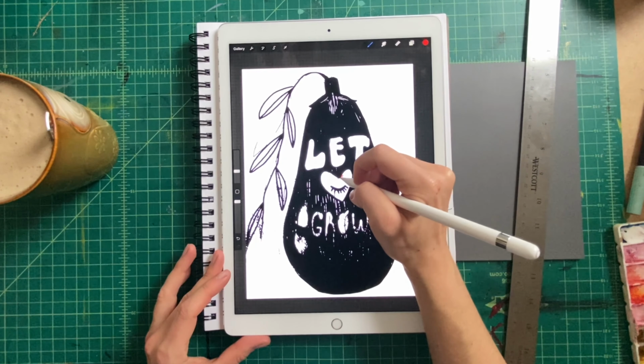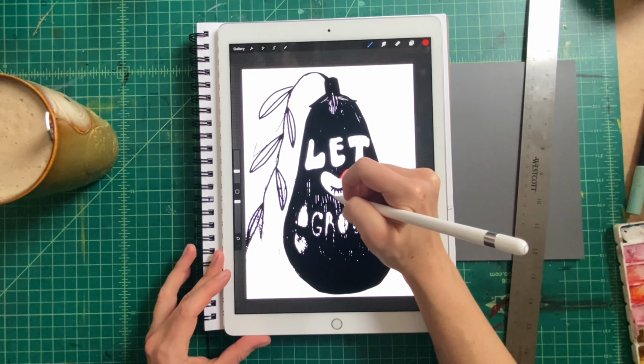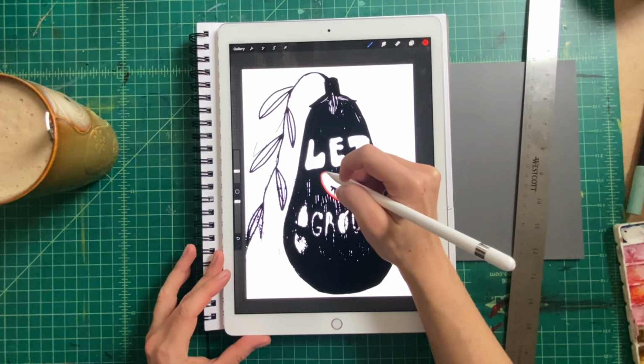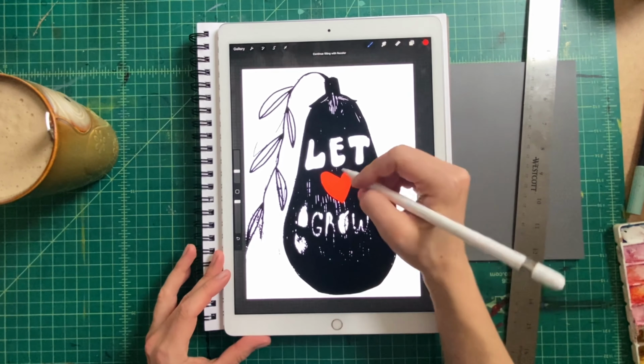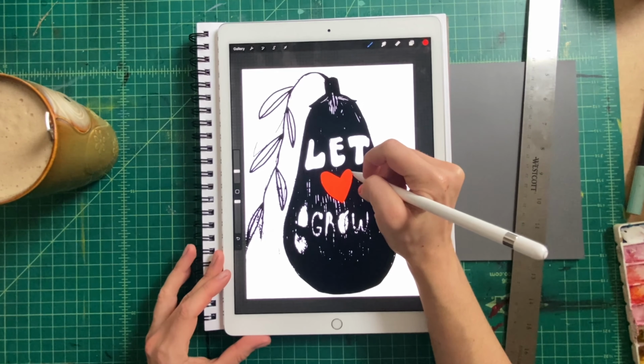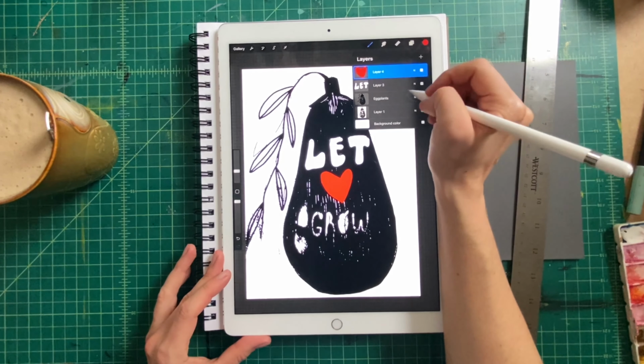So now that I have my background all cleaned up, I'm going to go ahead and make a new layer, and I'm actually going to use red for this, so that it has really high contrast and I can see where my pencil and pen marks are happening. For me, I'm going to start coloring in my heart, and then I'm going to focus